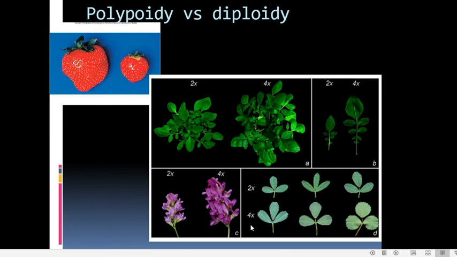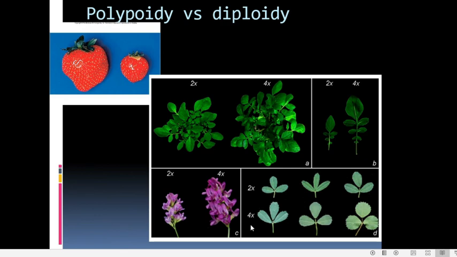Now the significance: polyploidy serves as a mechanism of speciation and evolution. It provides a higher number of chromosomes and therefore it will enhance the chances for recombination, mutation, and genetic variations. Since there are higher numbers of chromosomes, there are more chances of variations. And artificially produced polyploidy is very important in agriculture, horticulture, etc. In certain plants, you can introduce gigas characters, that means larger flowers, larger fruits, taller stem, higher yield, longer life, etc. when compared to their diploid counterparts.